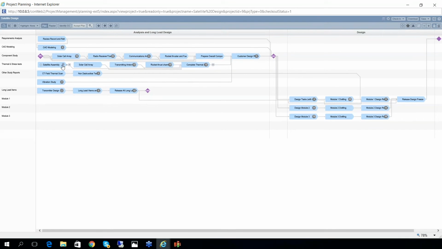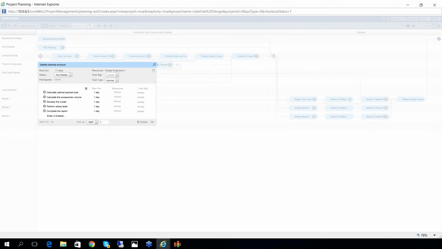And so what you can see again is that all these activities that are inside a task have to be performed, and those details are necessary for the IPT lead, who is the task manager in this case, to know all the detail that needs to be done. But that is a detail that is relevant only for the IPT lead. It's not relevant for the project.